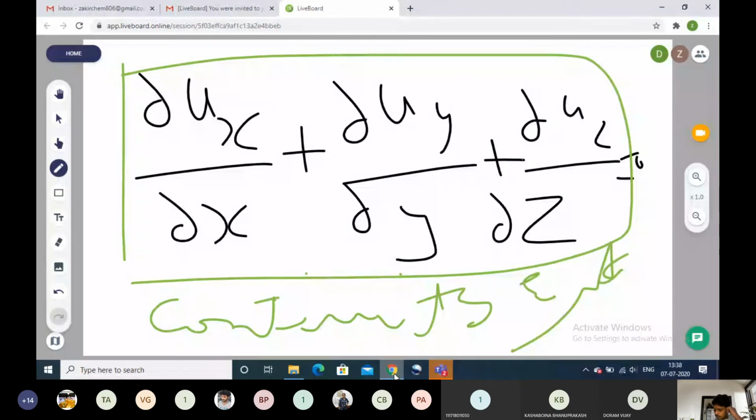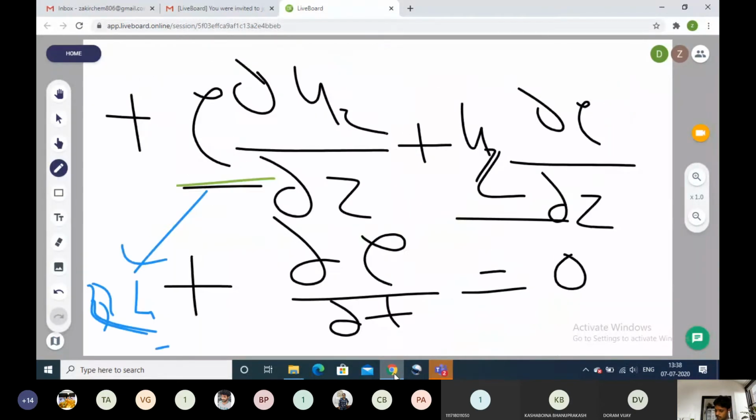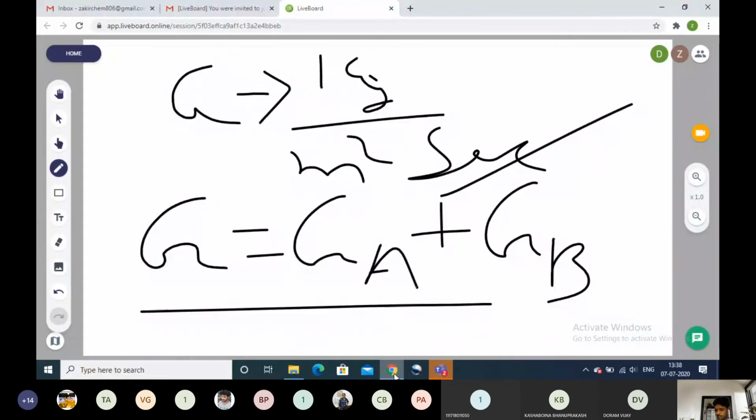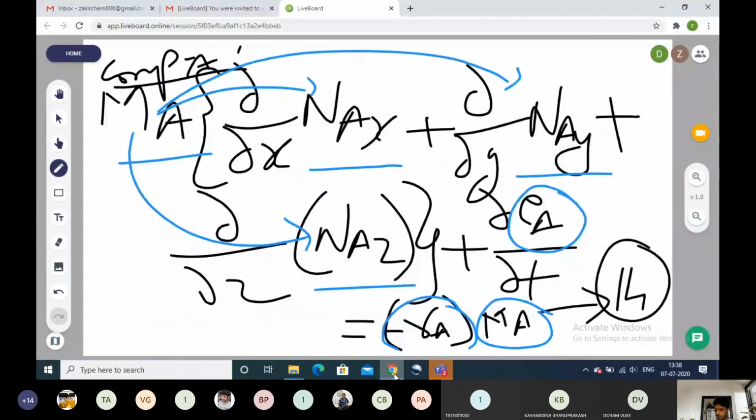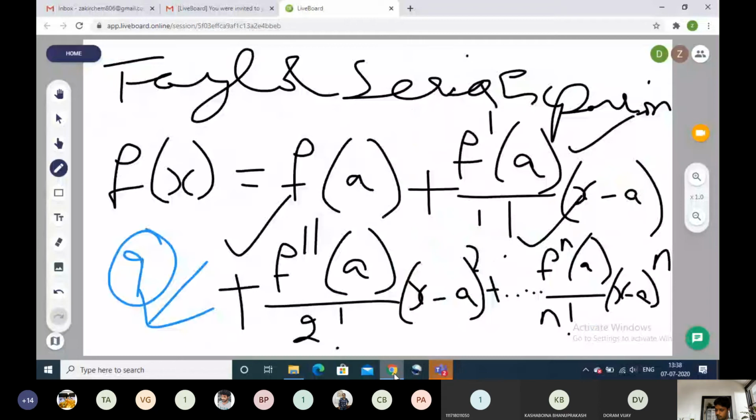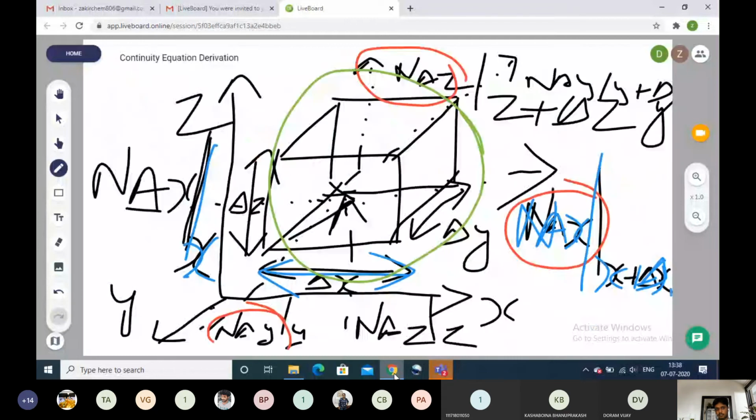Now I will quickly revise from the starting onwards. When you understand this equation, it will be very clear and easy. If you don't understand any of the steps, you can't derive the final equation. I am using a different color. The continuity equation derivation starts from here. First we have to give a spatial coordinate system, x, y, z direction. It need not be in these directions only.